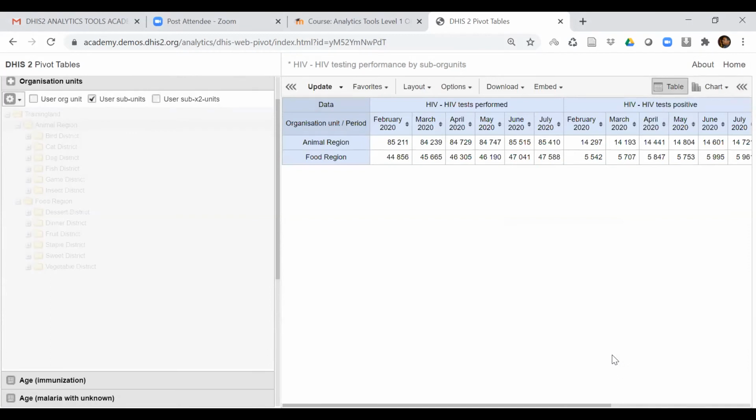Now our table is getting updated. Now you can see on rows, HIV tests performed is disaggregated for each month. So that is how you change the table layout, which is very easy.